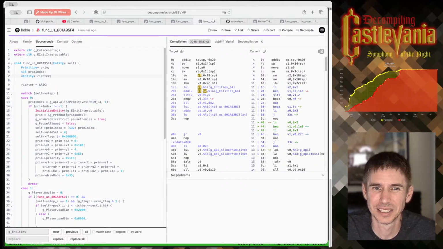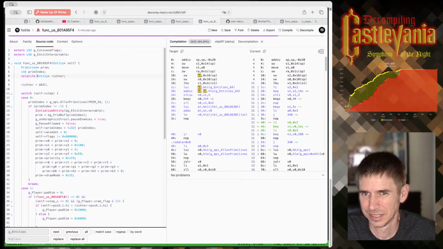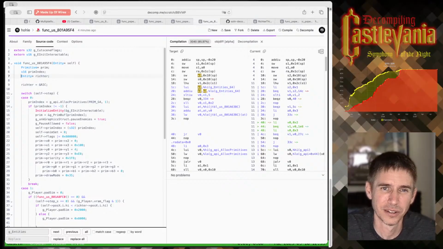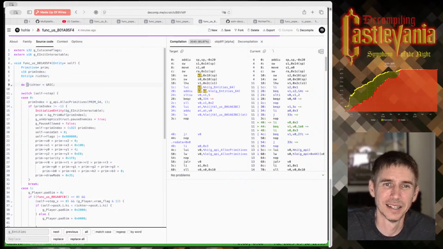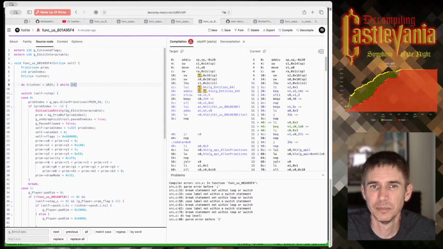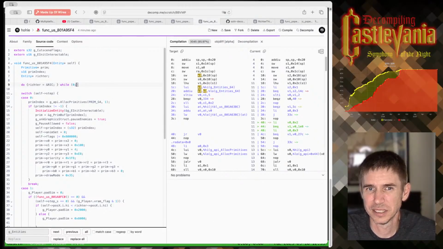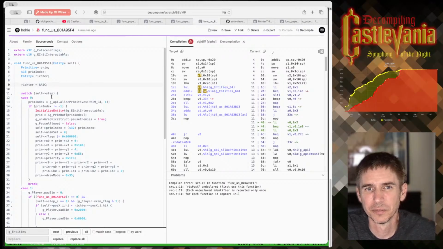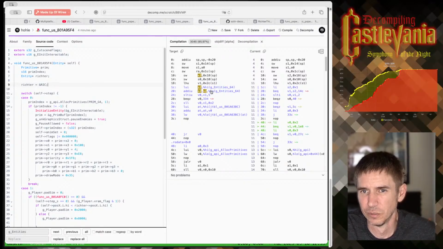I don't think that this is gonna work. Say it's volatile, throw it in a funny do-while 0, might force it up there. But let's just keep going and see. That didn't work either. We'll just keep going and see what happens and why this gets shoved up to the top.